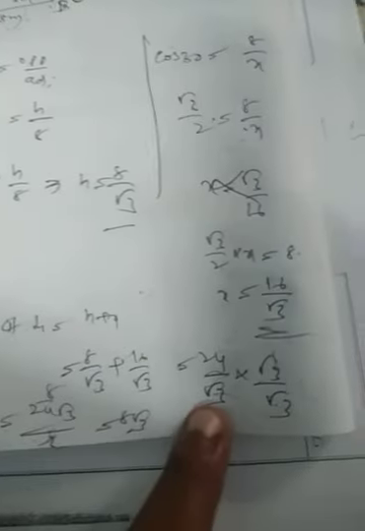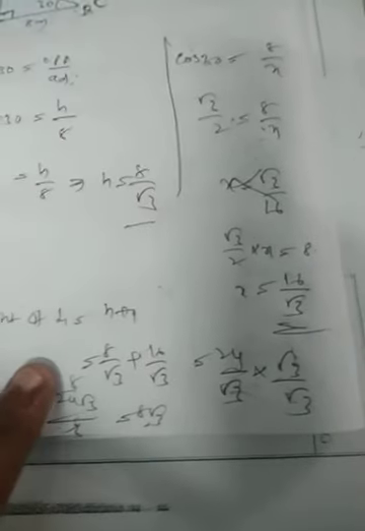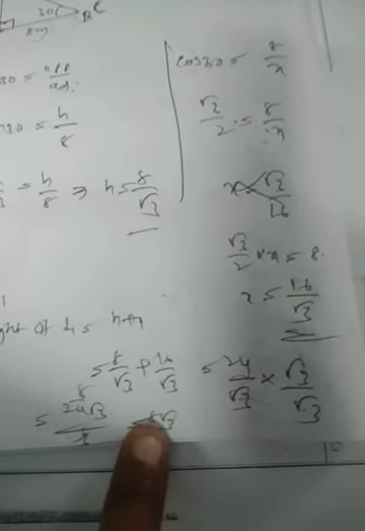Here after coming here, don't be confused. The denominator is root 3, so multiply and rationalize the denominator. You get root 3 by root 3. Root 3 into root 3 is root 3 square, which is 3. 3 1s are 3, 3 8s are 24, so it will become 8 root 3. If you still want to simplify, you take 8 into 1.732, or 1.7, and multiply. You will get it simplified further, but it is enough up to here.